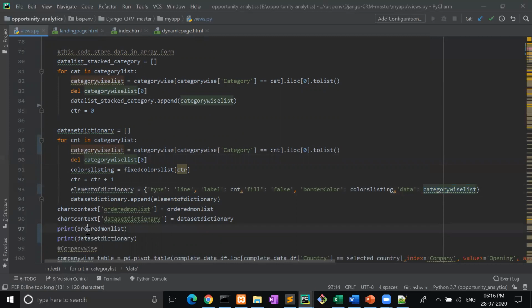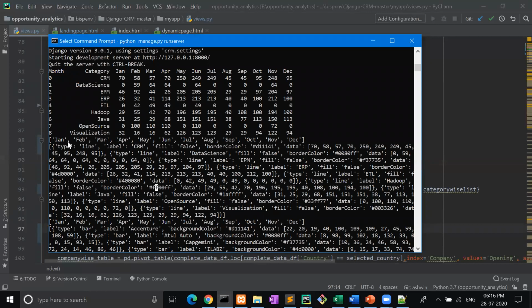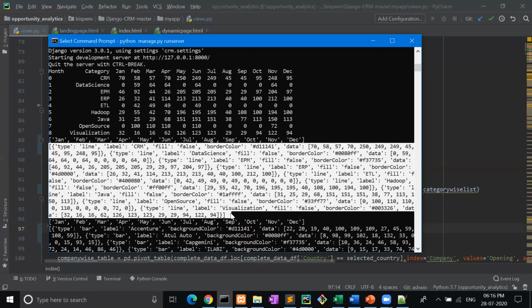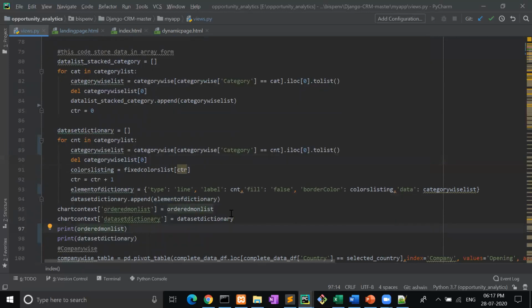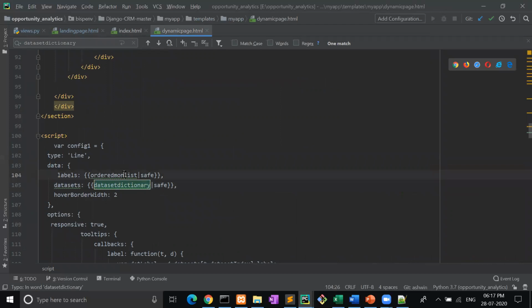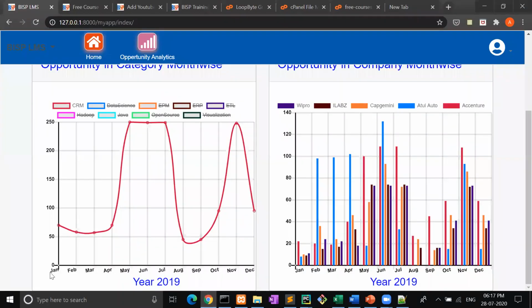And have a look at this print order and print dataset dictionary. Here is our dataset dictionary. So here chart context, ordered month list, dataset dictionary. Ordered month list means this, and dataset dictionary means this complete data is populated.